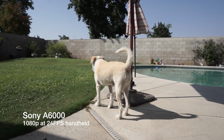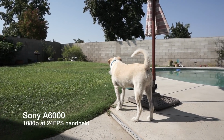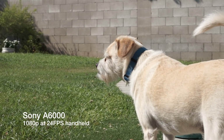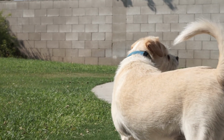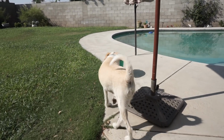So this camera's autofocus system is absolutely phenomenal. I kept it in just the intelligent auto mode, and I can tell you guys that this camera just runs circles around the Canon T6, and I'd venture to say that this camera will run circles around the T7, or if they're up to the T8, it will run circles around that. This will run circles around the 60D, and this will run circles around the 70D. This is a better